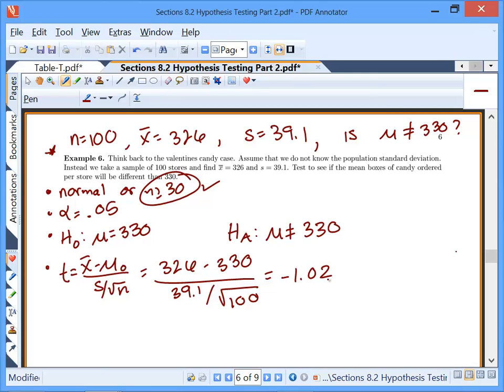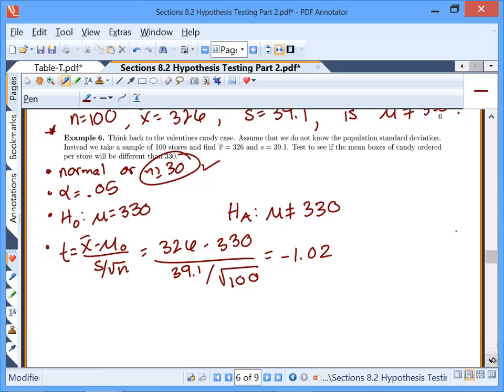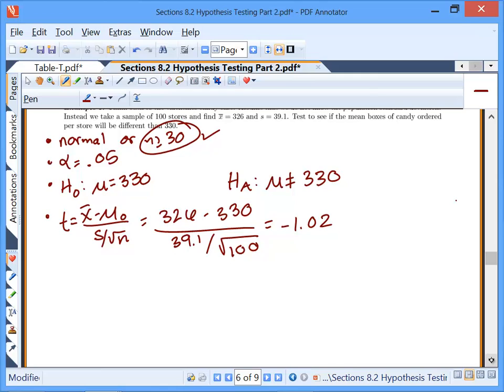So negative 1.02. What else do I need anytime I'm working with the t-distribution? Degrees of freedom. N minus 1, so n is 100. And for my p-value,